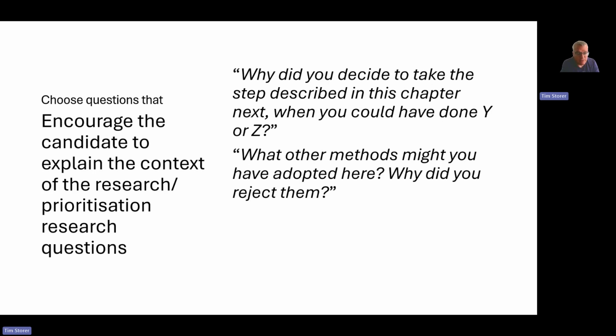You can encourage the candidates to explain the context of the research, how they prioritize particular research questions. So this can often come from just asking them why they decided to conduct a particular experiment, given the context of the previous work they'd already done, perhaps described in earlier chapters. And they may or may not, in the PhD thesis, have actually justified that decision for themselves by considering alternative options before they proceed in a particular direction. But getting them to think hypothetically about what other methods or approaches or other research questions they might have asked at different stages of their thesis, and justify why they nevertheless chose the one they chose, allows you to engage